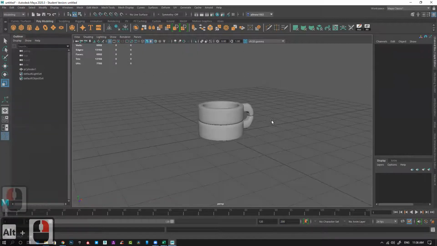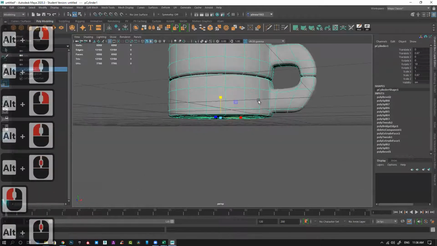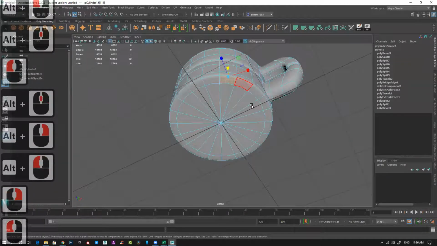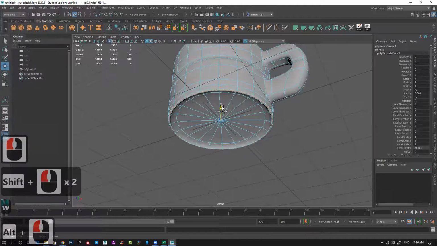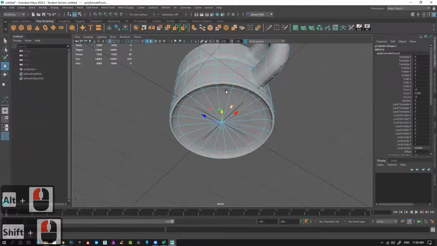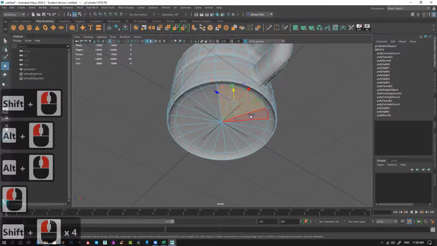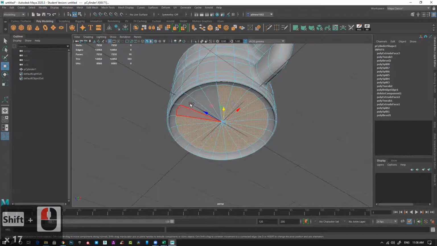you can get this cup instantly, and it's quite easy to create. Suppose you want to modify this, and create something like this very easily. Select all these pieces.